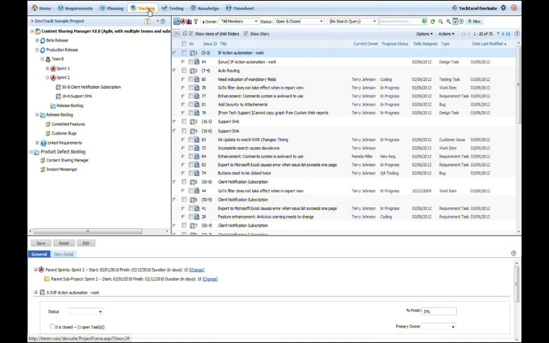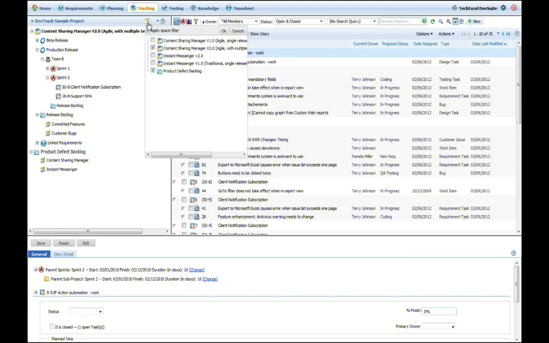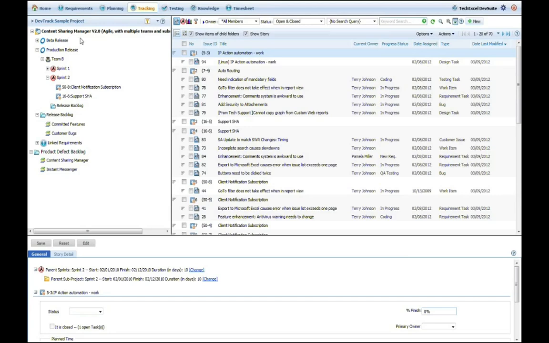A development space also uses a filter. You can see all the development spaces, or you can see only the development space you are currently interested in. In this case, I'm only looking at the Content Sharing Manager version 2 development space. It represents an agile process with multiple teams. So I have Team B and I have Team A. And in this case, I have a production release with 2 sprints. If I look at the sprint,